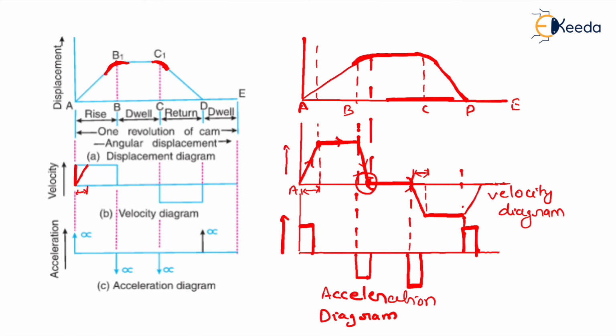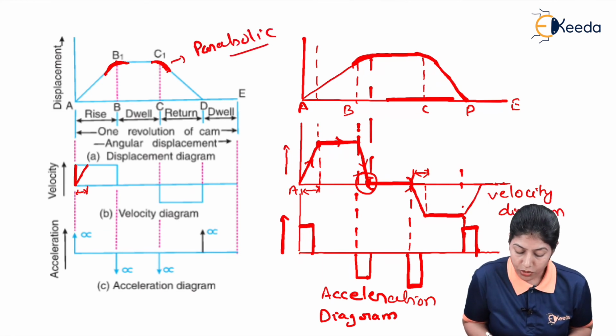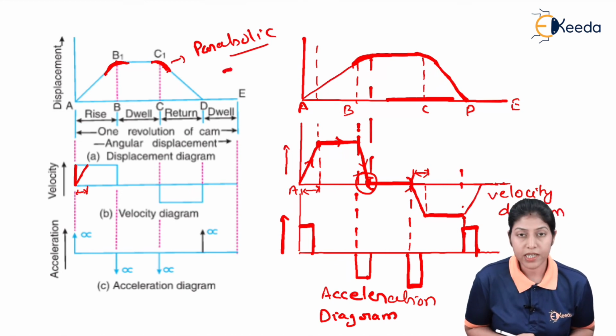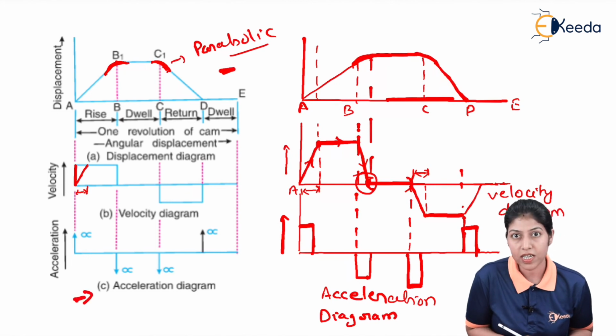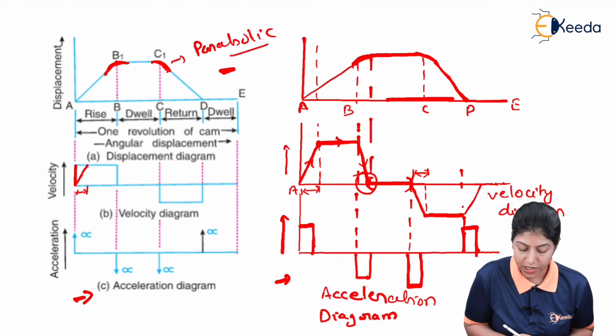So this is all about the displacement, velocity and acceleration diagram for the follower when the follower is moving with constant velocity. And here we are doing some changes in the displacement diagram, and we are changing this sharp corner into a particular curve. This curve is a parabolic curve, and because of this parabolic curve, the magnitude or amount of acceleration will reduce. So this condition is representing the ideal condition and this condition is representing the real condition. In real condition, we always consider some decrease in the values. So acceleration value will decrease because of this parabolic curve of the displacement.